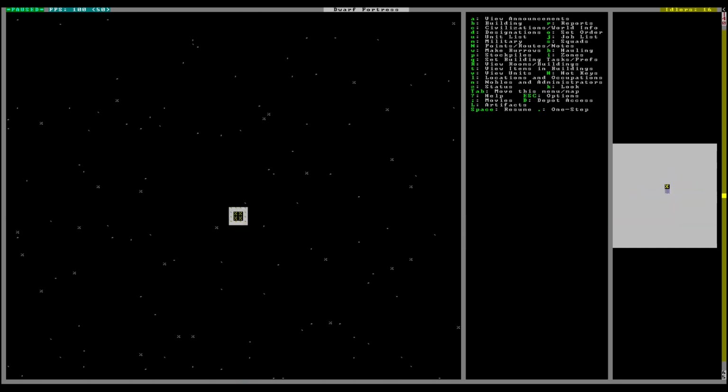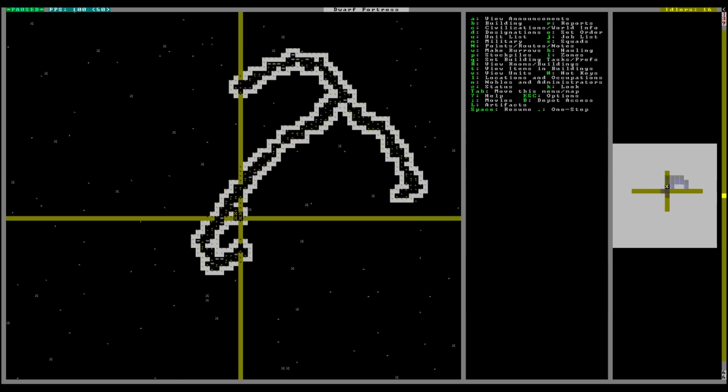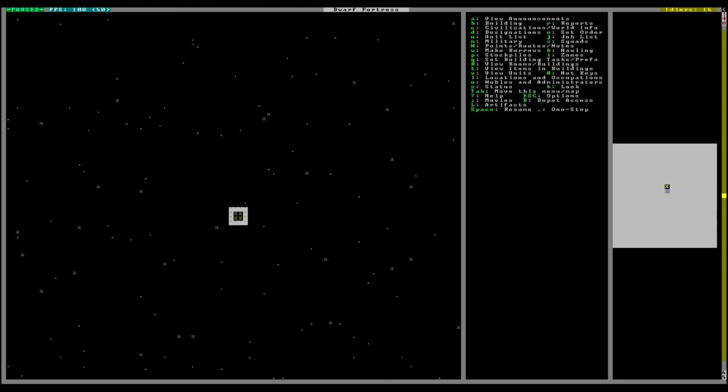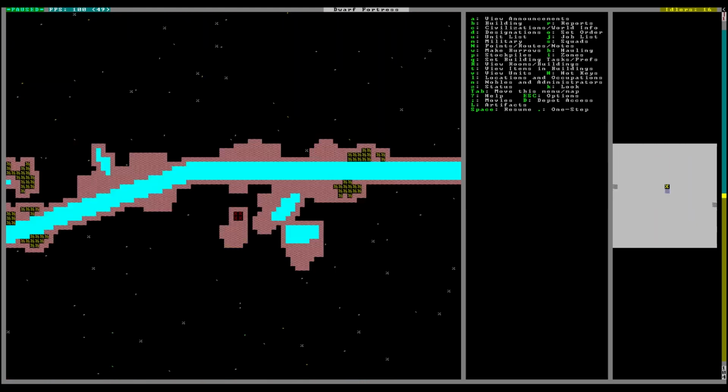Further down, I'm trying to do some branch mining on this level where I found the first ore vein. And further down you see this ore vein is still being mined. And then even further down, this is the furthest I've gone, to level 62. And on the surface,